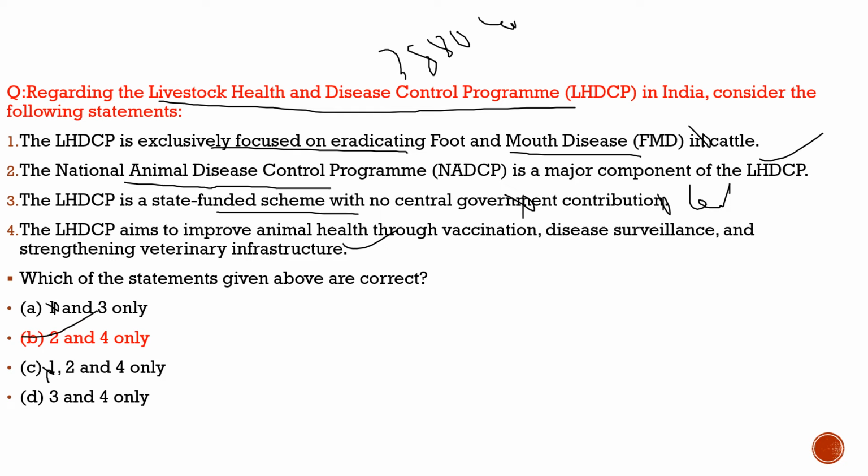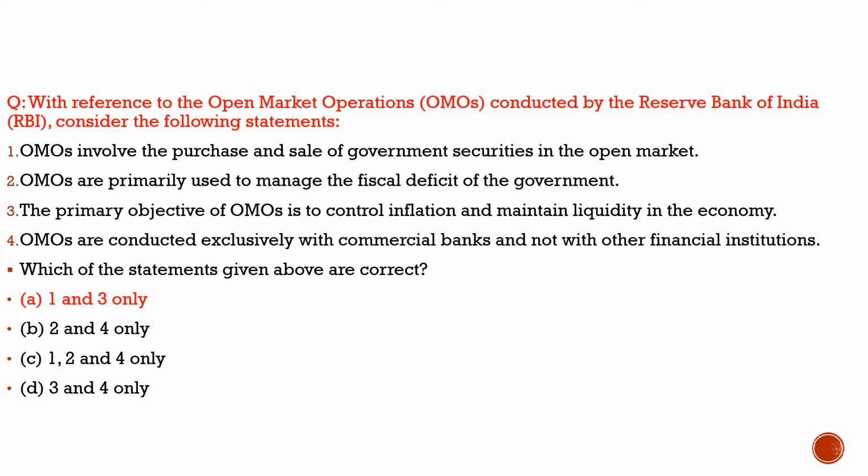With this, I hope you have understood the question as well as the context of the question. Now let's move to another slide and see what question we have brought. The question here is about open market operations. Why is it in news? Because RBI has used this tool to buy government securities and increase liquidity in the market, which is open market operation. They are going to buy about 1 lakh crore of government securities through this tool.